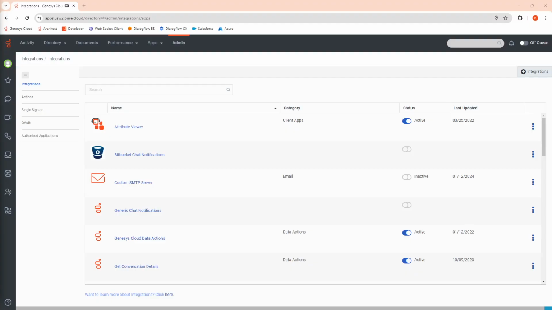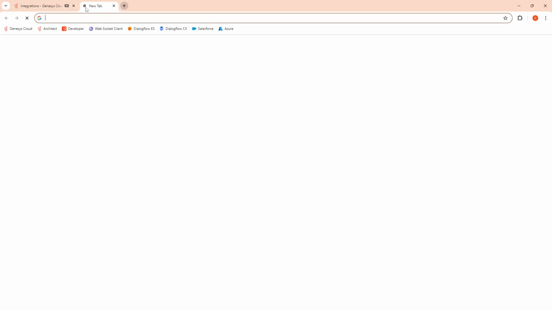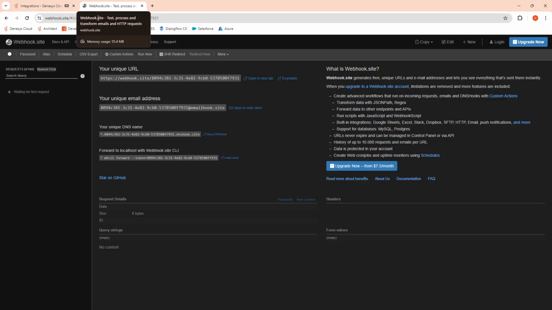When working with data actions in Genesis Cloud, it can sometimes be difficult to determine exactly what happened with a request or response in a flow, or sometimes when an API interface has been defined but not yet delivered. There's a neat tool we can make use of at webhook.site,